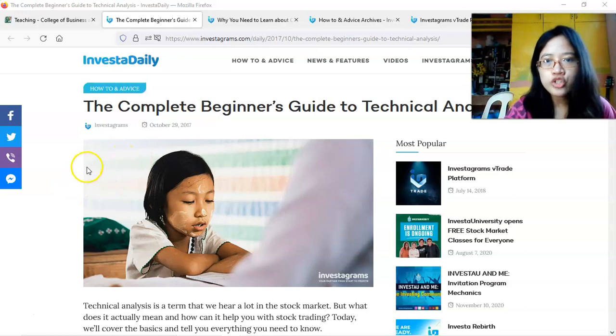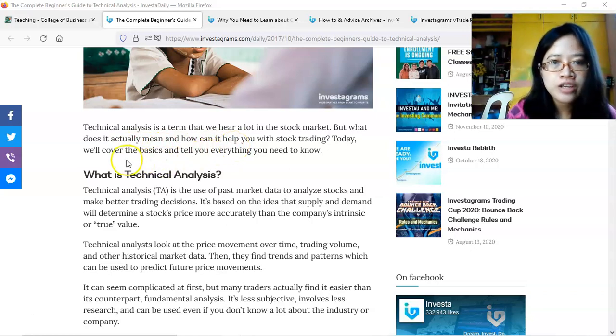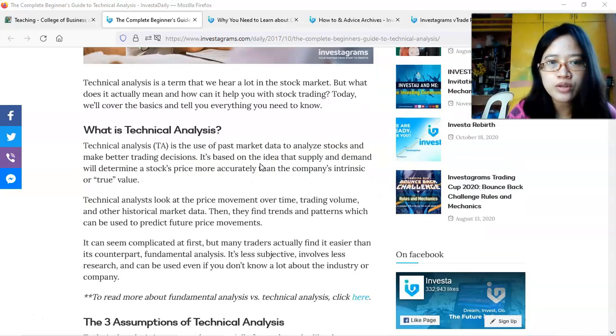Alright? So yung technical analysis na tinatawag, it is a term that we hear a lot in the stock market. But what does it actually mean and how can it help you with stock trading? Okay? So i-cover daw dito yung basics. We'll go over it. Technical analysis, the use of past market data to analyze stocks and make better trading decisions. Okay? Based on the idea that supply and demand will determine a stock's price more accurately than the company's intrinsic